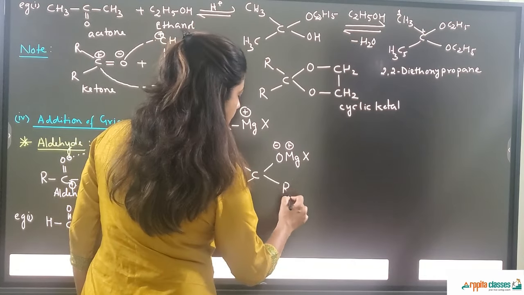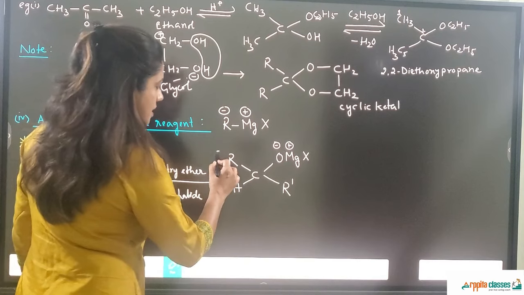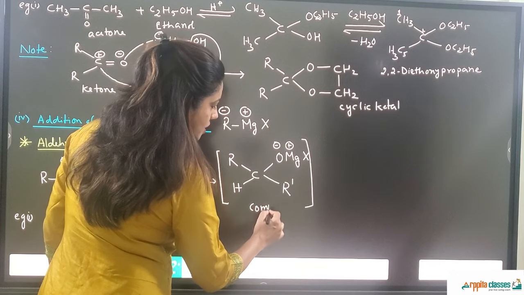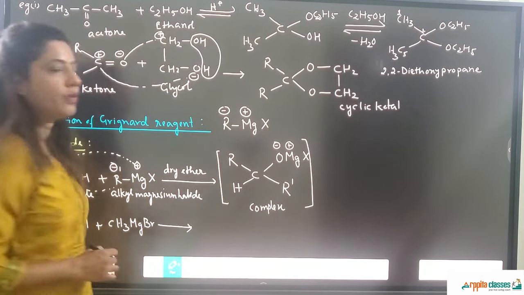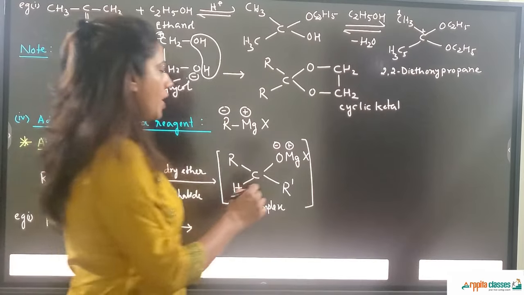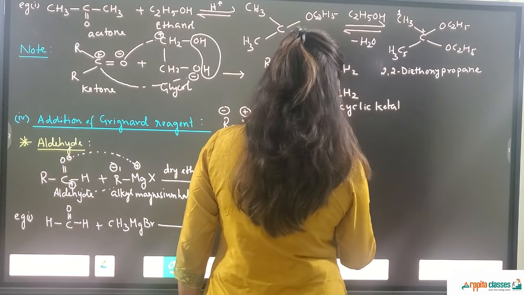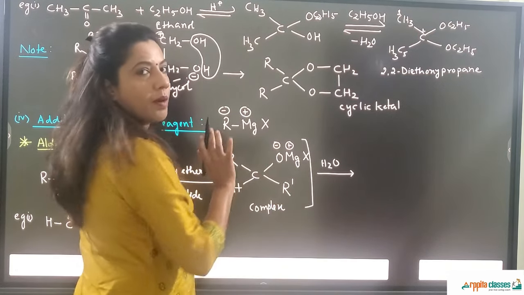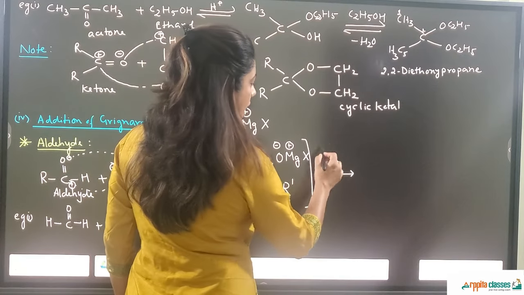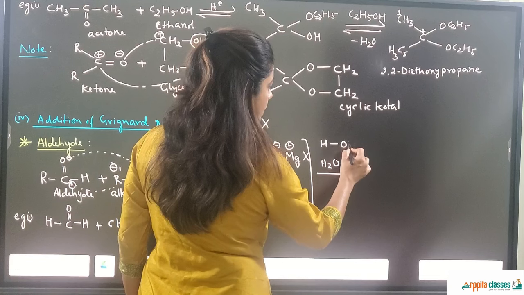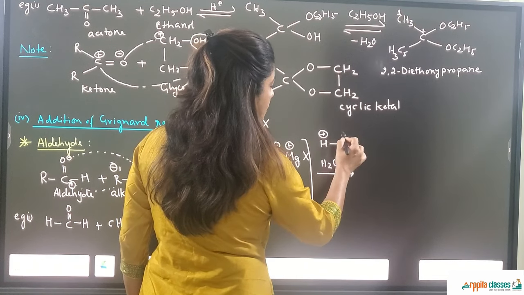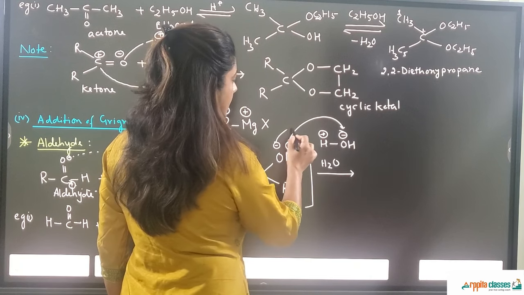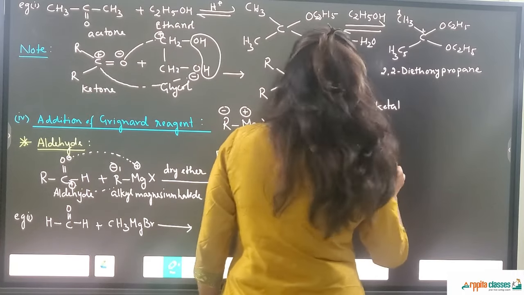So I'll put R dash with carbon. This is a complex. First this complex will be formed. Now this complex I put in a square bracket, which means that it is unstable. So what happens is, if you hydrolyze this further, this entire group will become OH. How come? This is hydrolyzed means this is H and OH, right? H plus and OH minus. So this plus gets attached to this minus, and this minus gets attached to this plus. So what we get is